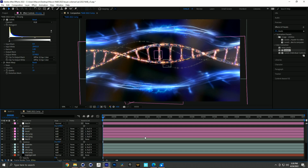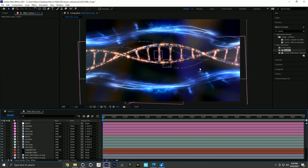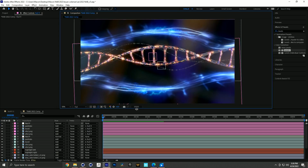So the next thing that I want to do is use Magic Bullet Looks, because if we take a look at the scene, my colors are kind of all over the place. I've got a muted blue color, bright blue color. I've got oranges, purples. I've got different colors inside here. So sometimes I am so engaged in the act of building that I forget to manipulate the color as I'm going. So one of the things that I like to do with that is use Magic Bullet Looks by Red